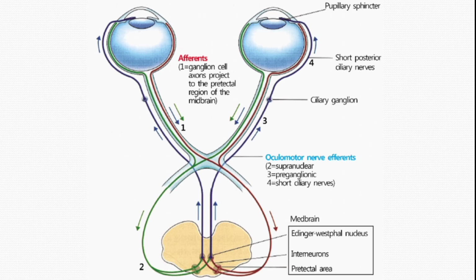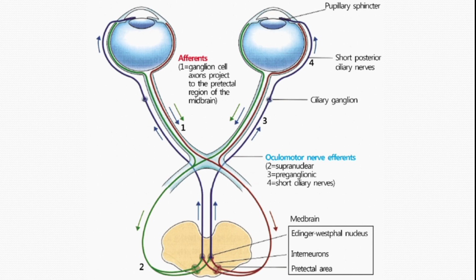In this figure, the pathway of the light reflex is shown. As you can see here, this is our retina. When the light rays fall on the retina, the photoreceptors are stimulated, and the afferent impulses go along the optic nerve, which is our second cranial nerve. So we can say that the afferent or sensory pathway of this reflex is the second cranial nerve. Impulses go from the retina along the optic nerve to the optic chiasma. This is the optic chiasma. Then the impulses go along the optic tract to the midbrain, in the pretectal area,